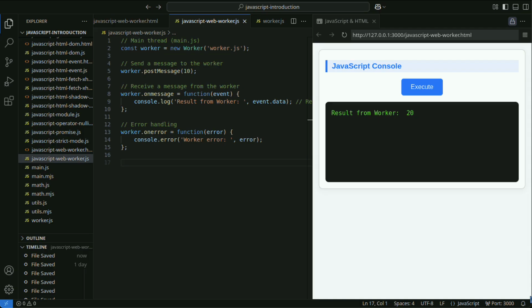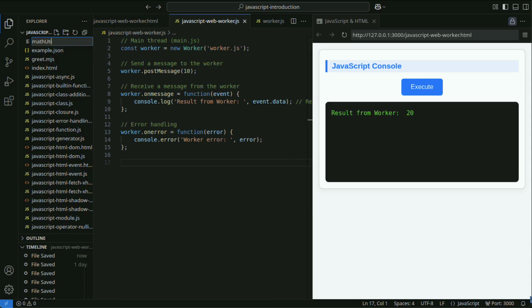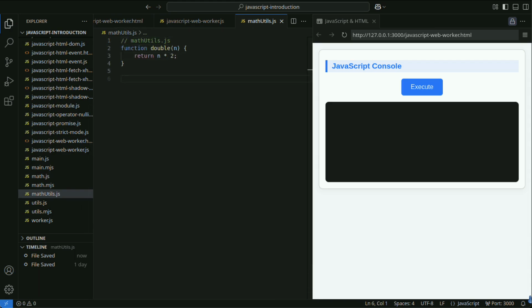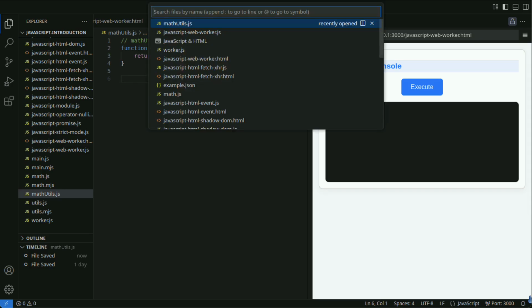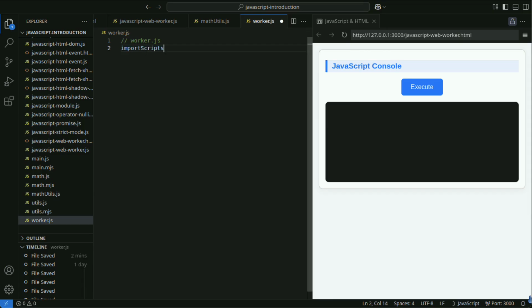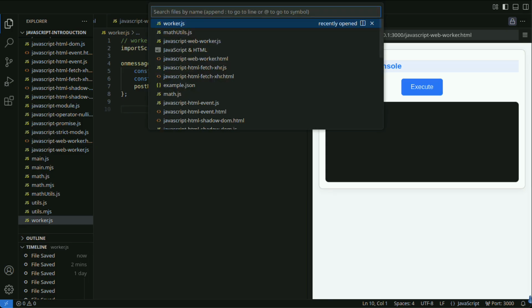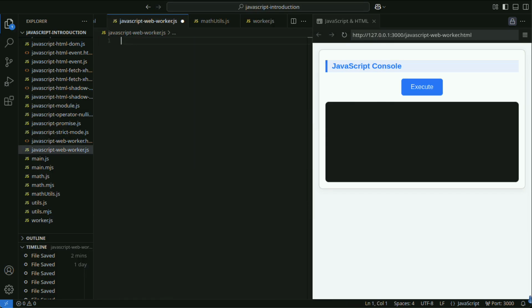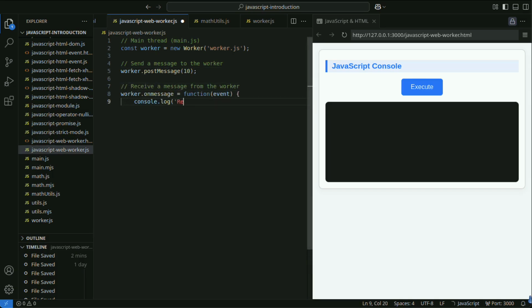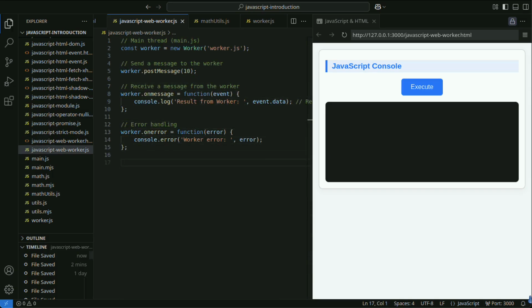Script import. To load external scripts within a web worker, use importScripts. Alternatively, you can also use import, as shown below.